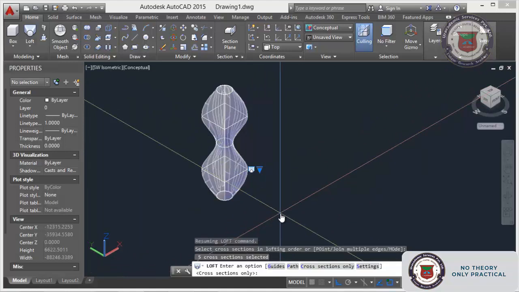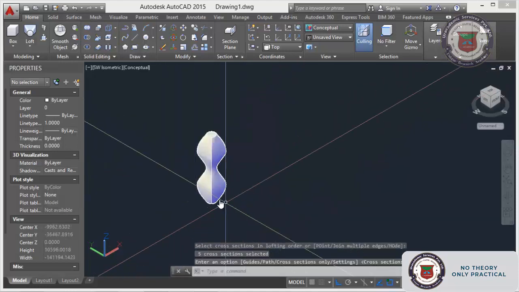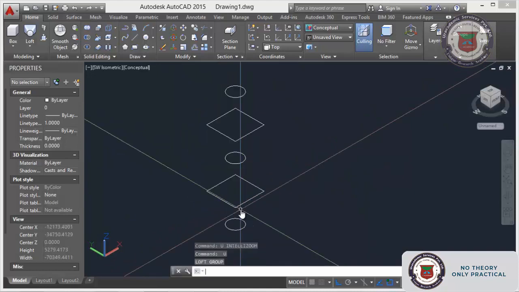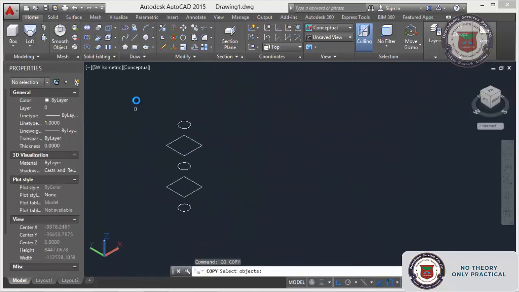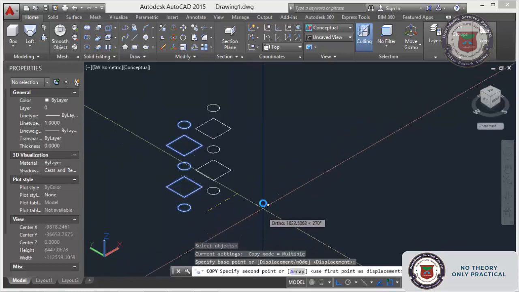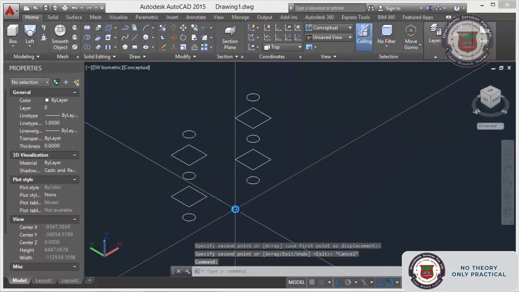Before that I will take a copy of it so that we get exactly what we need. We will do just the cross section purpose, we will keep this one, and make other 2D objects and see the difference, what is path, what is guide and all the other things. Just entering. Just undo. I want to show you the settings first. Cross section we have seen, and next we will get the settings. After that we will go for path and guide.